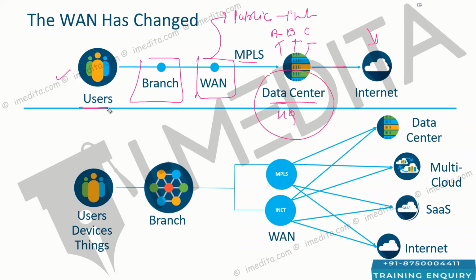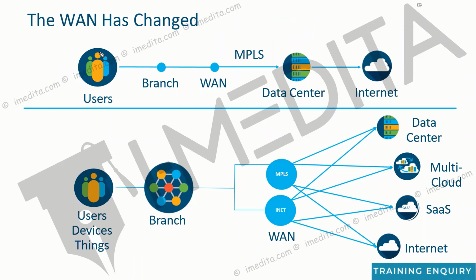Means like if any user has to go to the internet, they will send their traffic to the data center. In the data center, there will be a lot of devices, a lot of security appliances, I must say. So firewall, IPS, IDS, and some other techniques such as URL filtering, threat grade protection, AMP cloud, DNS security, and a lot of things will be there. Maybe some load balancers and everything. So in the data center, we might be having a lot of security related appliances, through which the traffic will pass first, and then it will reach the internet, which ensures that since all the traffic from the user goes to the data center, and from the data center it goes to the internet, it was provisioned